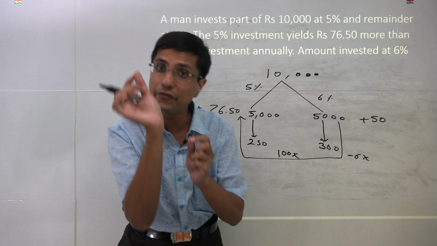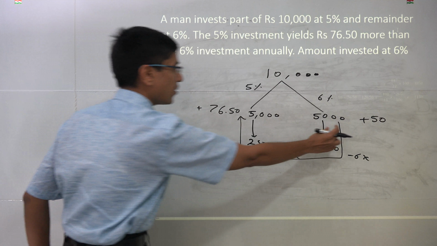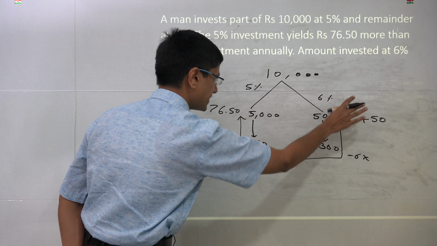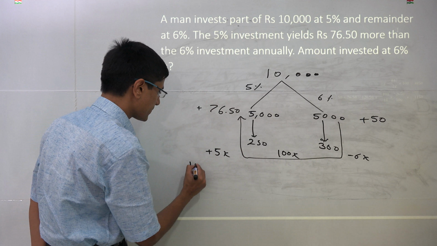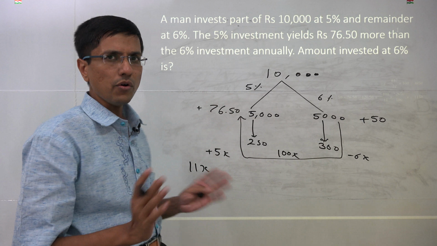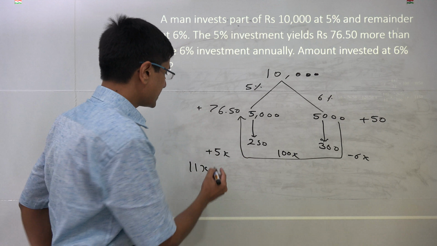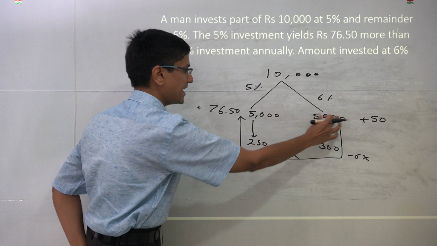What's the net difference that I have created? Because of this transfer of 100x, the interest decreases by 6x on this side and increases by 5x on this side, therefore the net difference is 5x plus 6x, or 11x. But of course, we don't want to create a difference of 11x. Our question tells us that, starting with 5,000 rupees, I need to transfer money from this side to this side so that I not only reduce this 50 to 0,